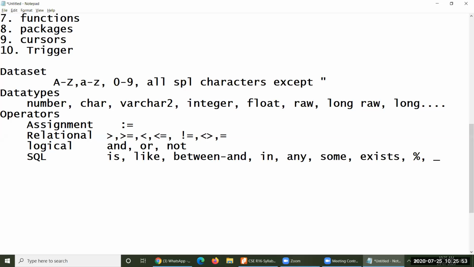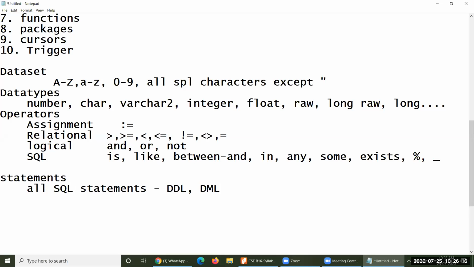Then one point I'd like to mention here in terms of statements. All SQL statements are supposed to be used. All SQL statements, in the sense a DDL can be used.